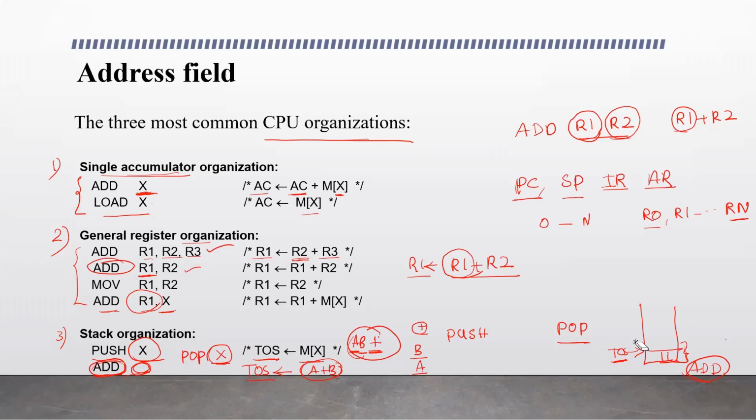Got it? So here stack organization uses a single address or no address. For these arithmetic instructions, it doesn't need any address. By default, it is the top two elements of the stack. Push and pop instructions need a single address. The data element that is to be inserted and the data element to be removed has to be specified. It is always the top one, but to store, we remove it and store it at location X. Understood?